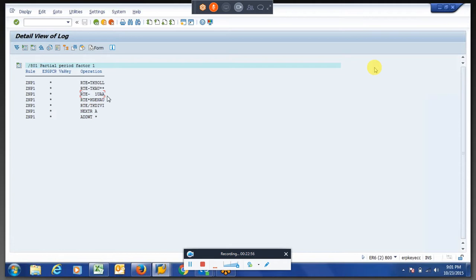Ideally, they will reduce those days from your PLs or casual leaves or sick leaves, whatever is available. Even if you don't have those leaves available, then they will reduce your salary. That is the unauthorized absence, a big one.